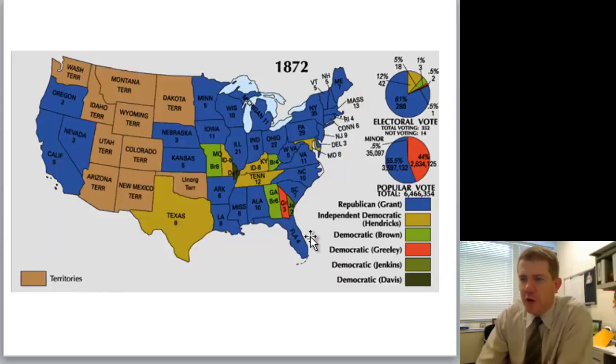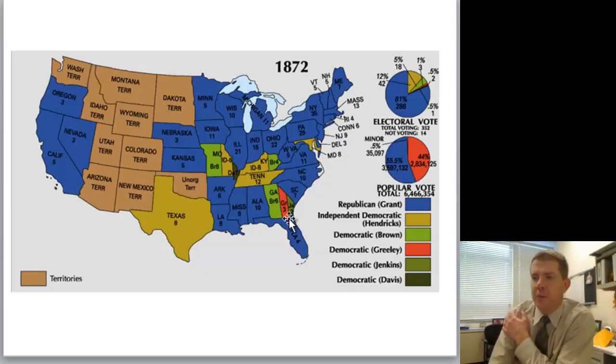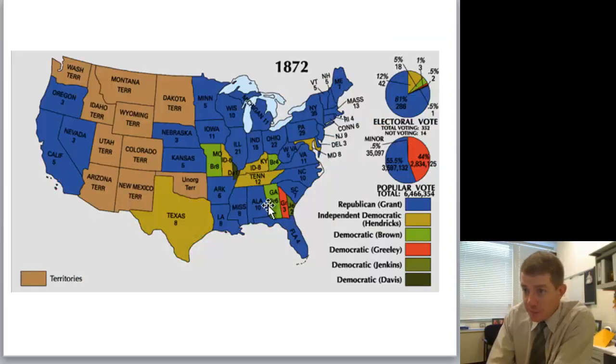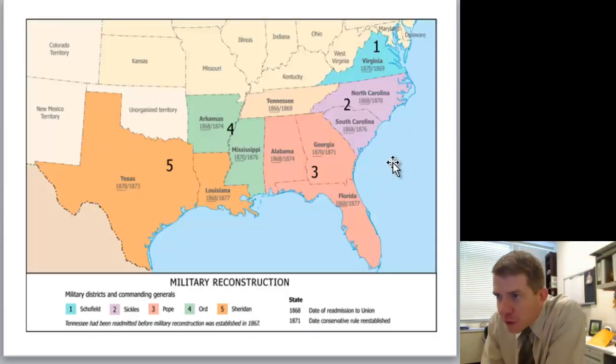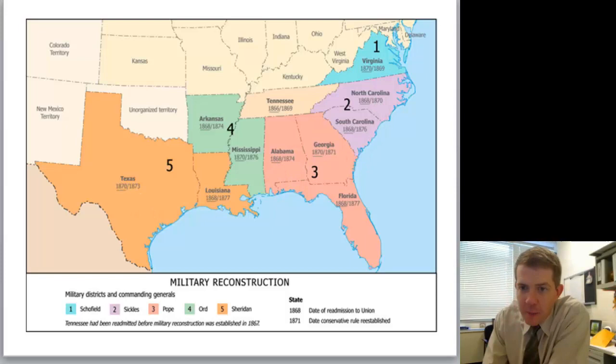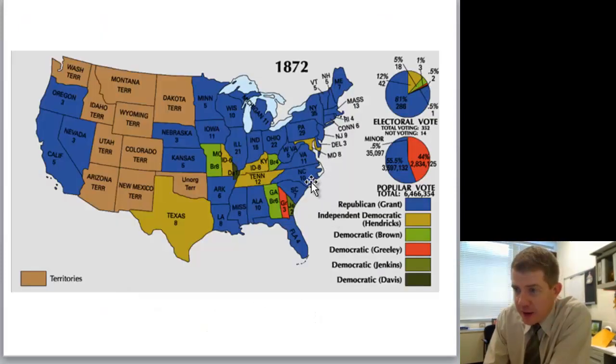Okay, here's what I want to focus in on. Here's Grant's second election, and here you see the blue is Republicans, and in the next map, Republicans will be red. But you see, if I go back to this map, by 1872, the Republicans are still in control of a lot of the South because the military is still there, and that's why we see the blue still here. These states have yet to be redeemed. So, for example, if you look at North Carolina, they are starting the process of redemption. They're starting to get back into power, but not fully enough in power yet that they can take over the